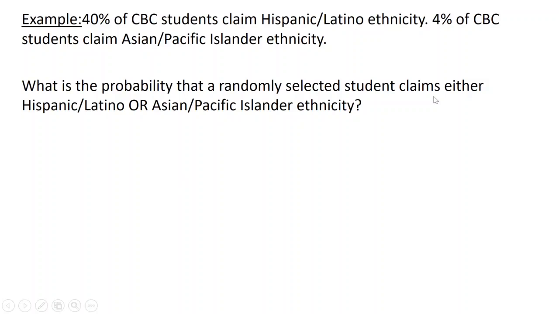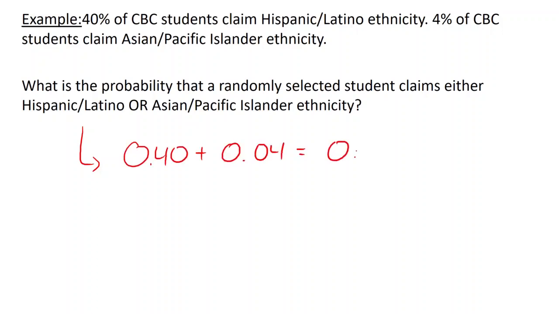So here's an example. It says 40% of CVC students claim Hispanic or Latino ethnicity, 4% of students claim Asian Pacific Islander ethnicity. What's the probability that a randomly selected student claims one or the other? Right? What's the probability of one or the other? It's just going to be,